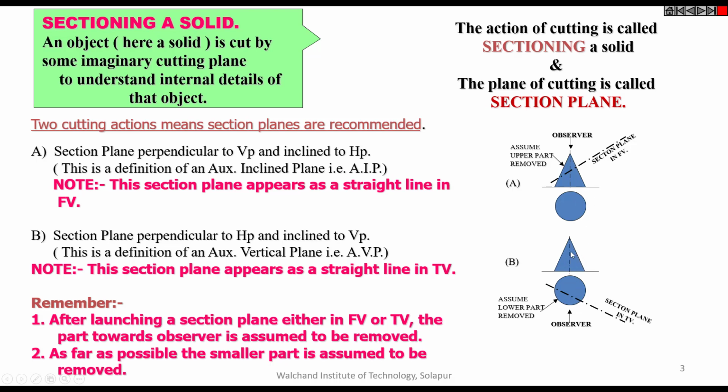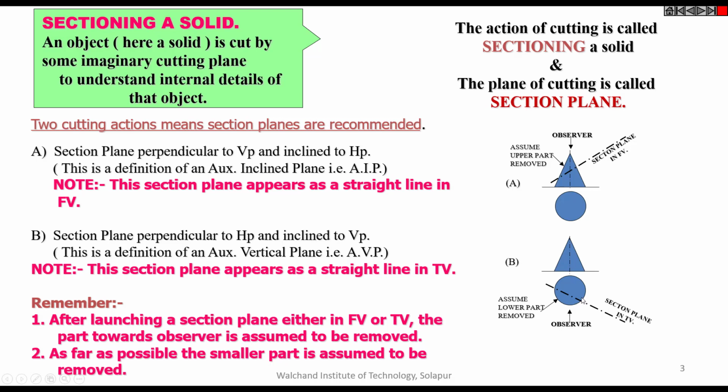The projection of whatever you have drawn as a cone, the triangle as well as this circle, is related purely to projection of solids. You need not worry about the rest of the information, because it is a general case of projection of solids. So assume this here as the lower part.